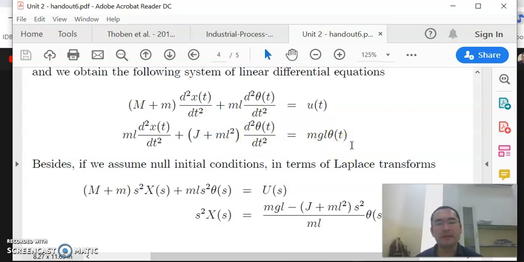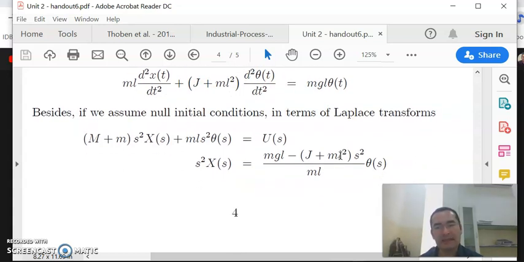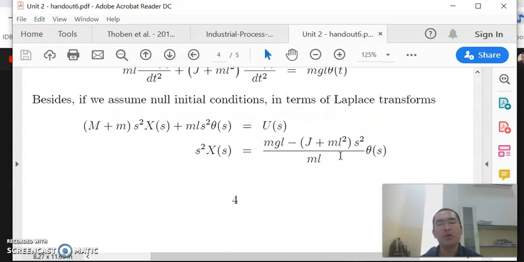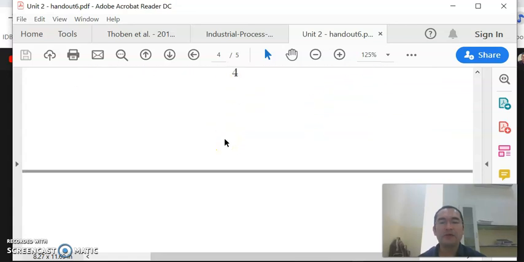So finally, you can see that, of course, this is just one approximation, because here you are assuming that the angle theta is small, but if besides we assume null initial conditions, so initially the pendulum is in its equilibrium position, we can write these two equations now in terms of the Laplace variable s. And once you do this,